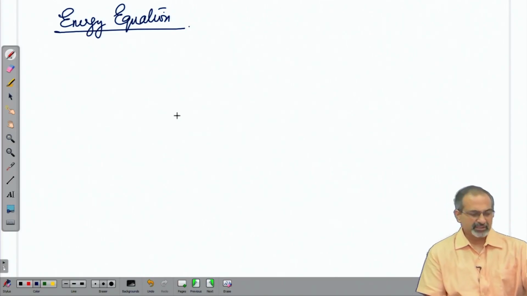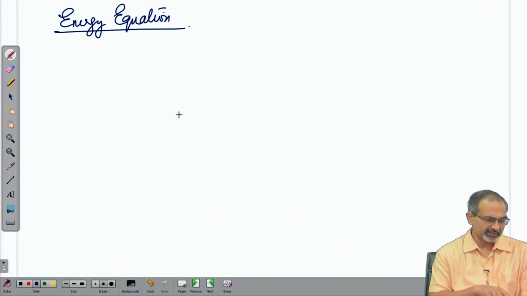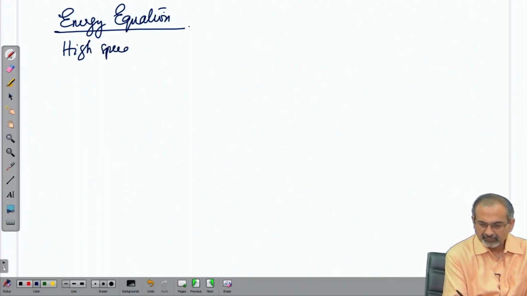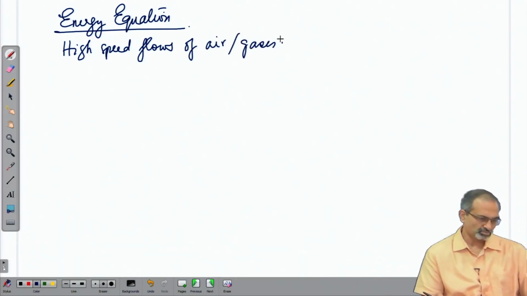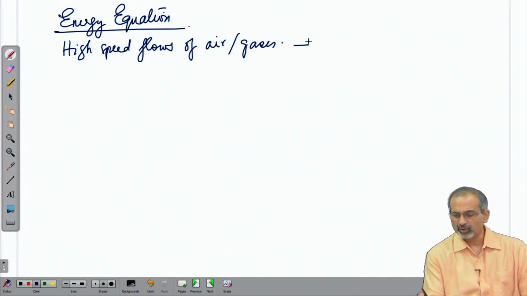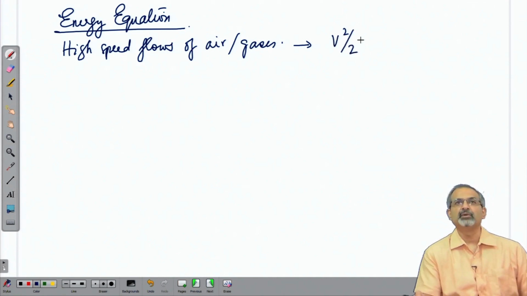Before we derive the energy equation, we have to address a very important conceptual point, that is, the energy equation is particularly relevant for high speed flows, especially of air and different gases. And the primary reason behind this is that when we talk about high speed flows, we are talking about very high kinetic energy of the gas. So, per unit mass you can say that